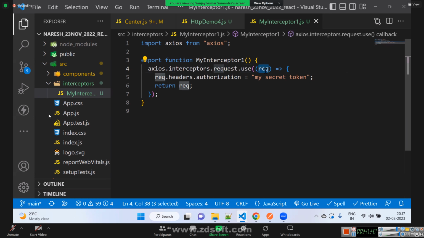We will get the request object, which is the original request object.